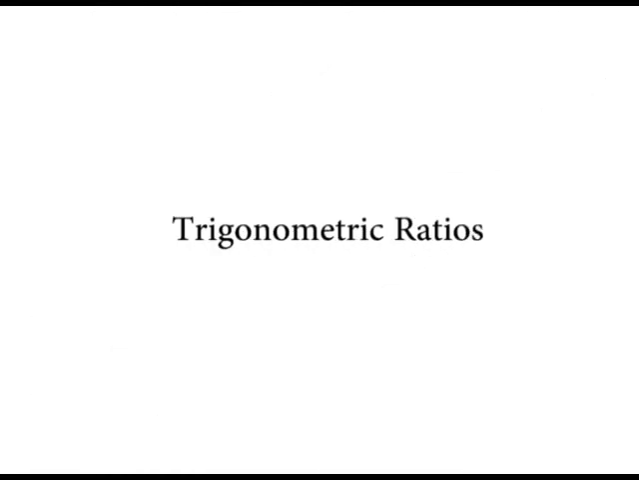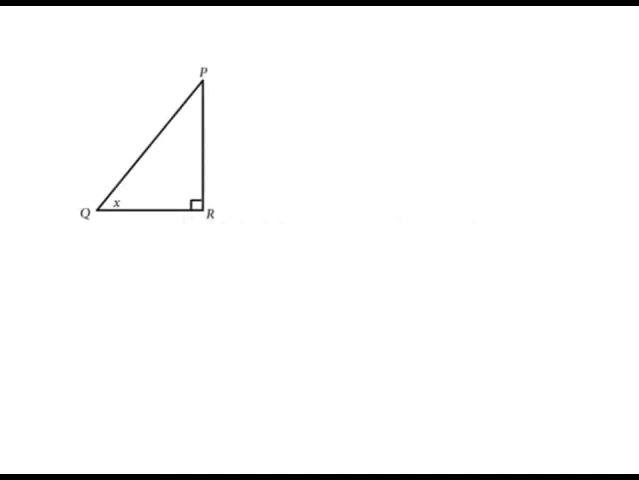Chapter number 4, Trigonometric Ratios. Now consider this triangle PQR and let's get a recap of what we already know. In this figure, PQ is the hypotenuse, PR is the opposite side to angle X, QR is the adjacent side